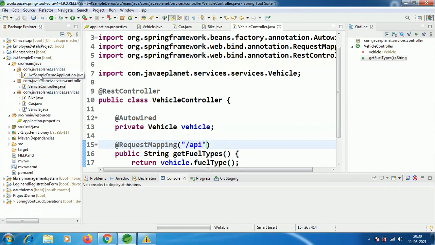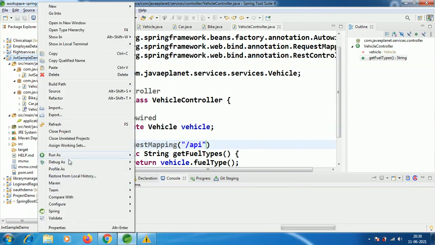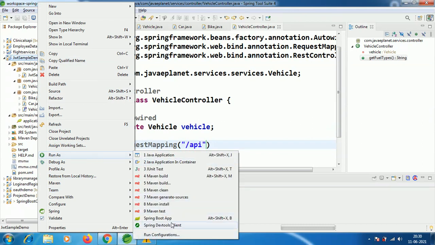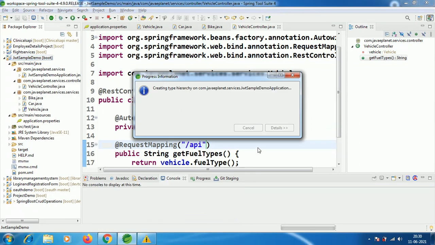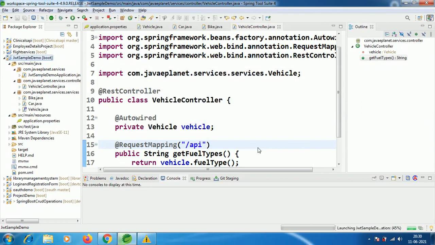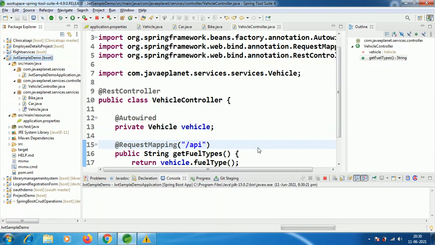Run the application and let me check the output. Run as Spring Boot. Here I did not annotate the controller class with @Qualifier. Now let me check what we will get.